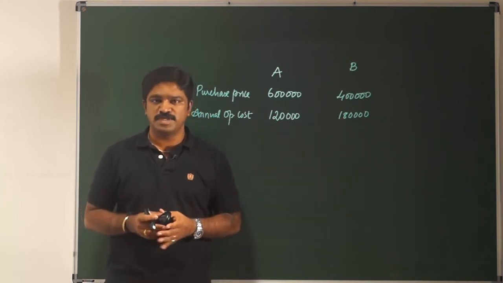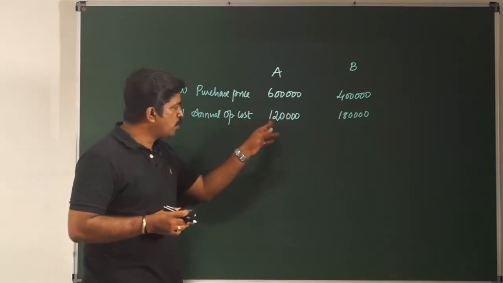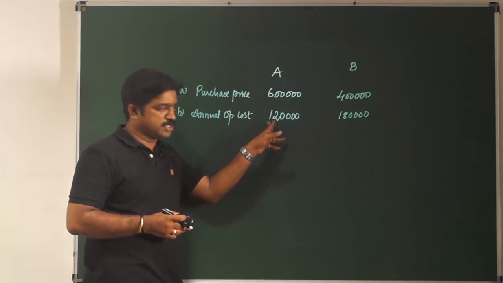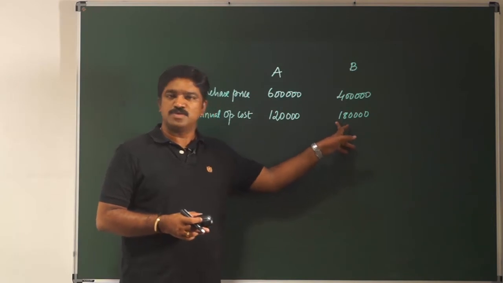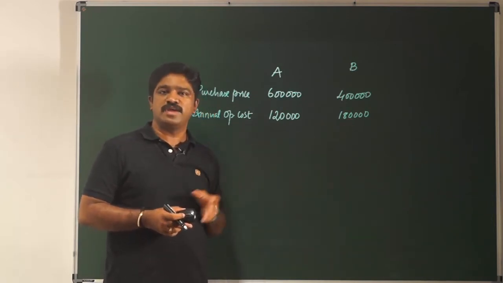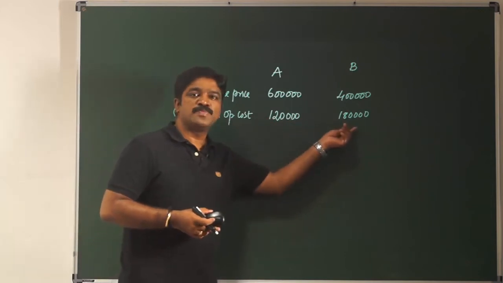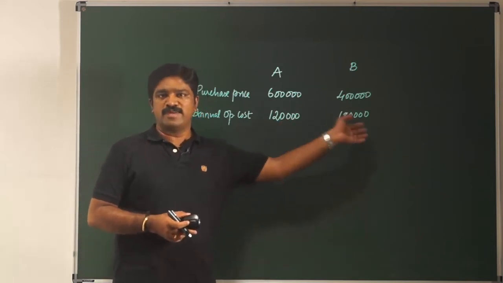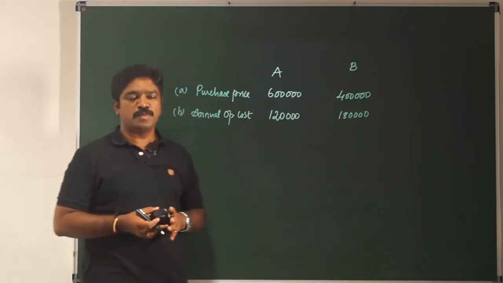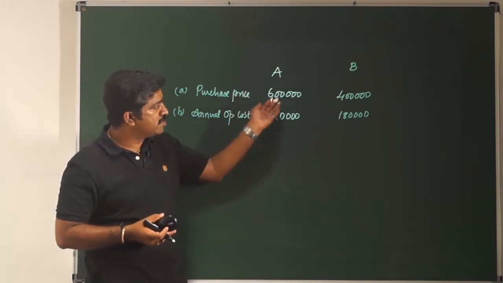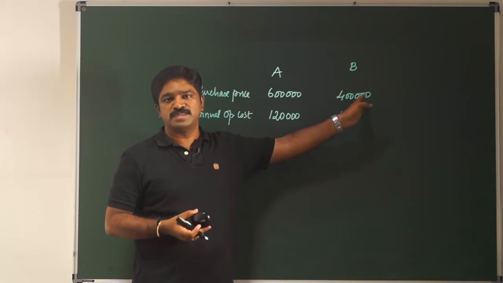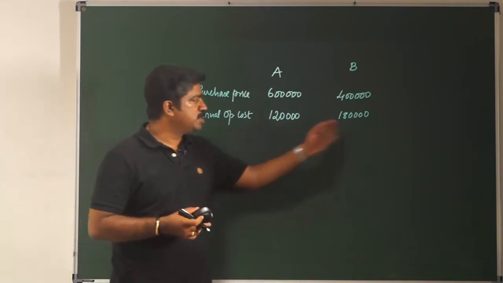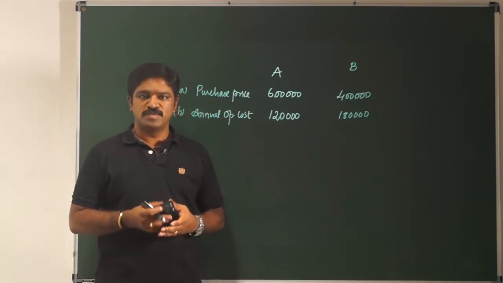Now if I don't consider the present value, let's see what is going to happen. I'm going to spend 120,000 for a period of 3 years. It means I have to spend 360,000. Here I have to spend 180,000 for a period of 2 years. It means I have to spend 360,000. So in both cases, my operating cost becomes 360,000. It means both the projects will look indifferent because both have the same operating cost. So your decision will again be based on the initial purchase price, where you will favor project B, because both projects have the same outflows of 360,000.